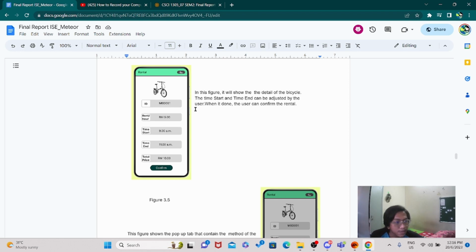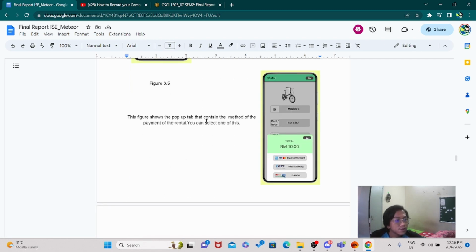The start time and end time can be adjusted by the user. When done, the user can confirm the rental. Lastly, this figure shows the pop-up tab that contains the payment methods for the rental. You can select one of these, either online banking or wallet, or credit or debit card.